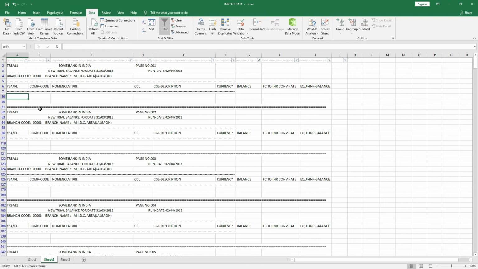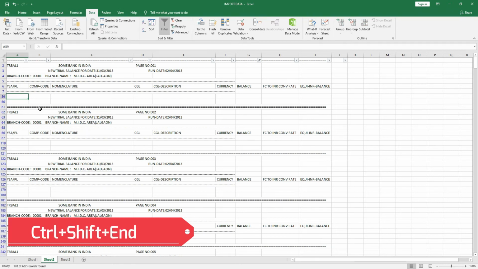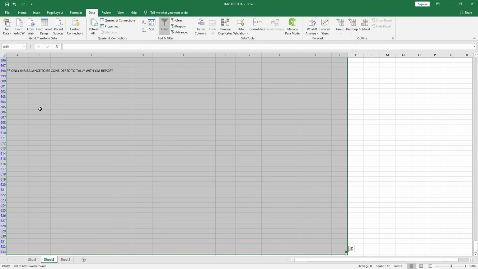Now I've got to delete all of these fields. Deleting this would mean I will have to first select it. Now how do I select it? Again, I'll press Ctrl Shift and the End key together. And here I've selected all of the fields which have been filtered out. Now I wish to delete the entire row and not only the fields. So I'm not going to press the Delete button. I'm just going to remove the entire row. Merely pressing the Delete button would leave blanks. So I'm going to delete the entire row.